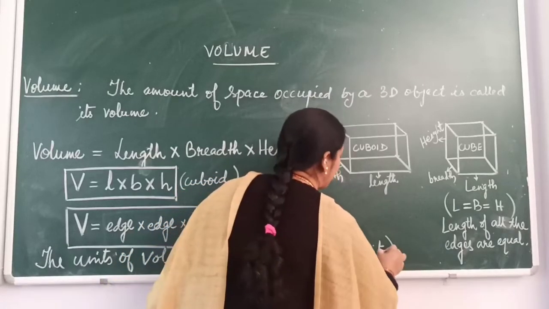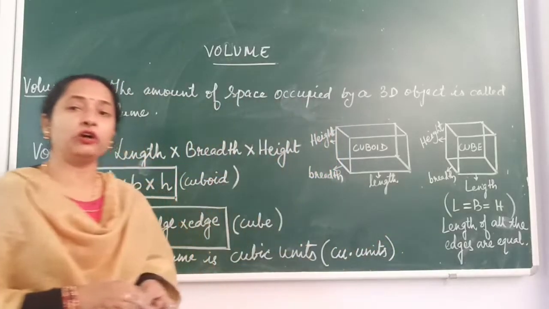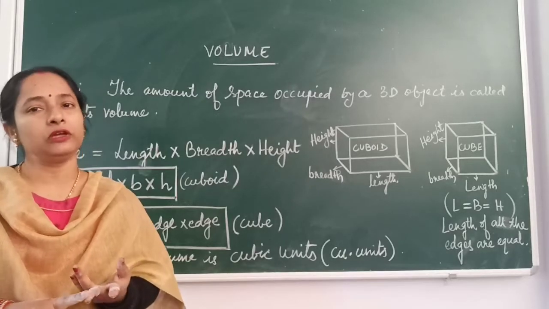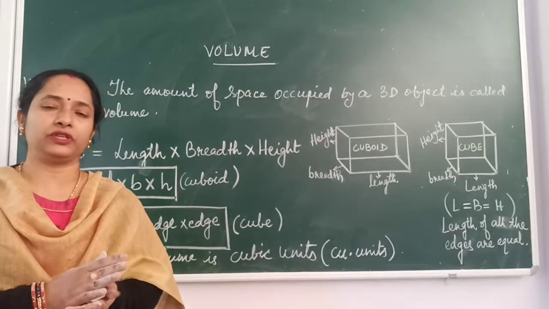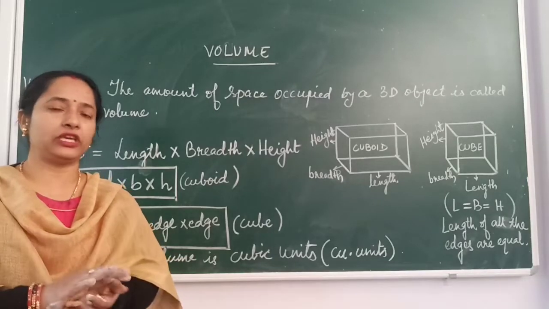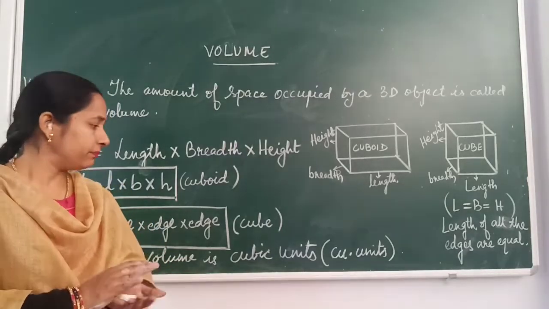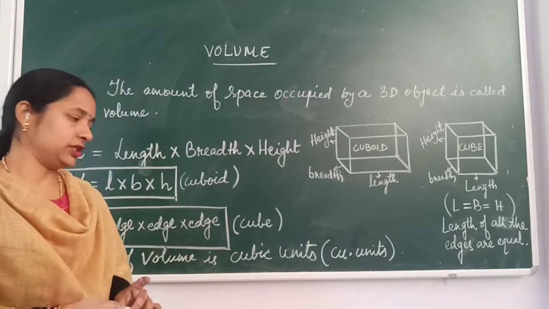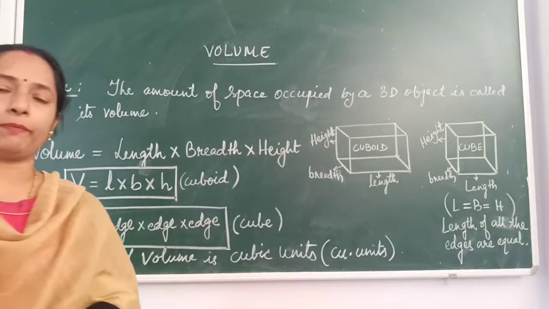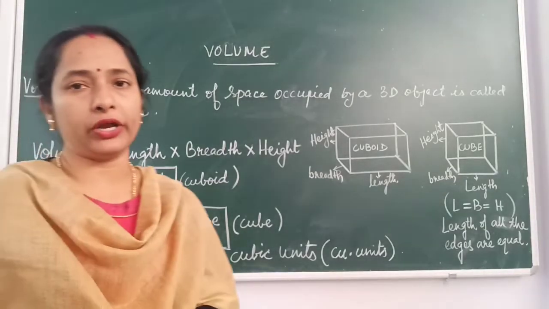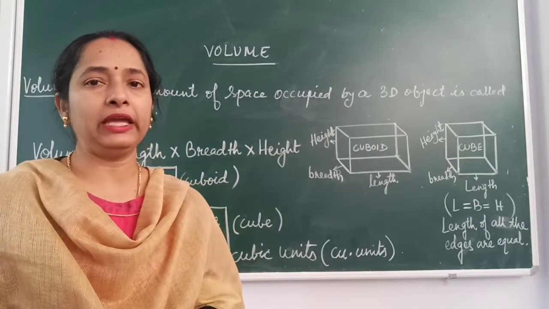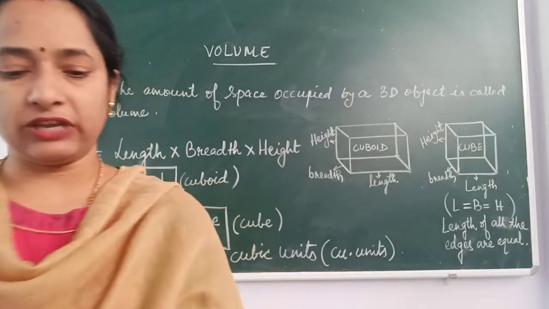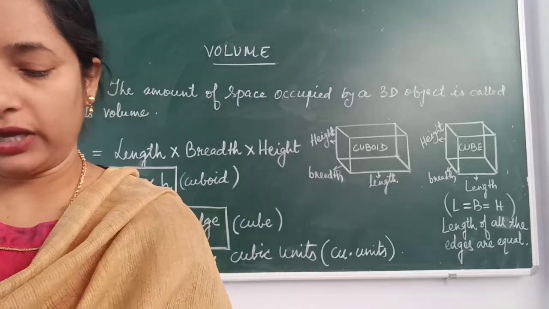Now, the units depend upon the units of measurement given in your book for that particular solid shape. It can be in millimeter, centimeter or meters. Kilometers will not be there, as we cannot measure any object in that way. But here, maximum you will get millimeters, centimeters and meters. Okay, so this is the information about the volume of a cube and cuboid. So by using these formulae of volume of cube and cuboid, let us solve the sums given in exercise 15D.